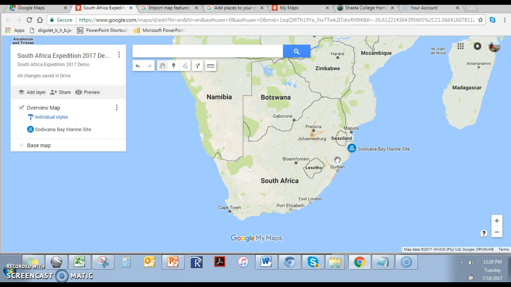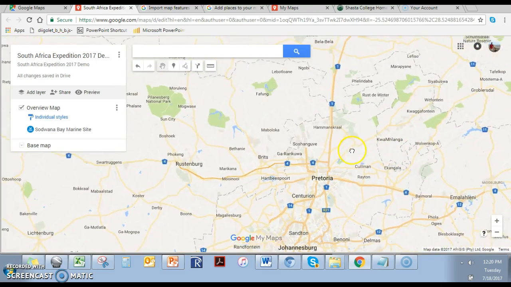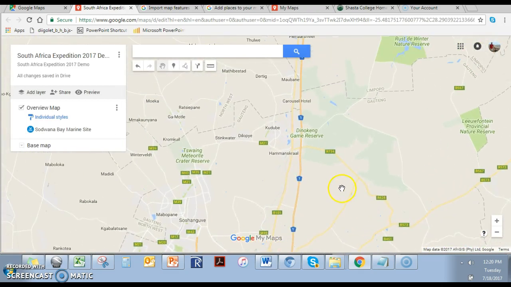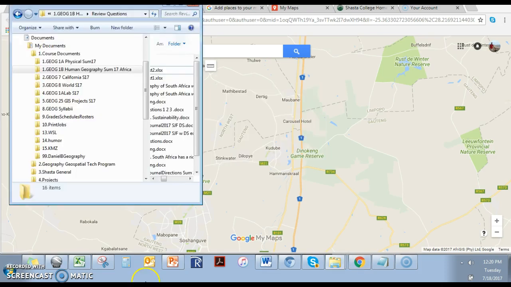And the second one is going to be more detailed. Okay, and so I just know, because I've been browsing the maps a lot, the general location of the Dynaking Game Reserve, which we're going to be going to. And we're going to collect GPS positions when we're out in the field. And so we want to actually mark those locations. And the way that you do this, if you notice in Windows, or in Google Maps rather, that you can